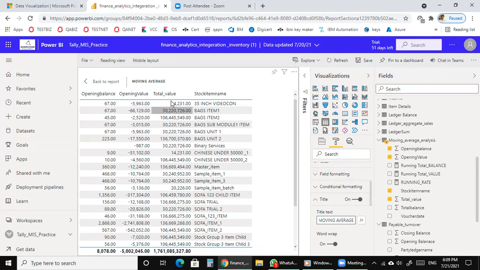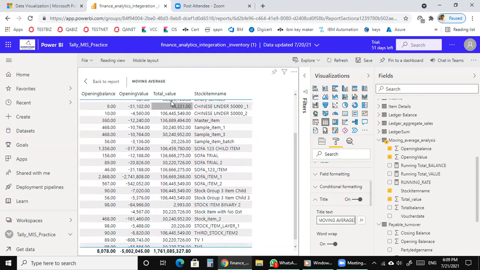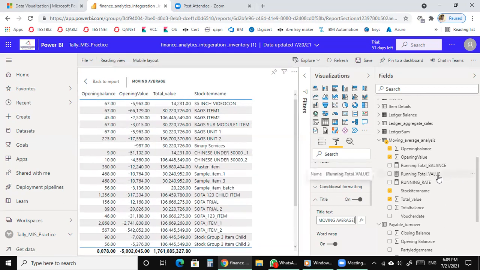You can see my screen. This is moving average analysis, sir. Fantastic, fantastic, Bhuvneshwari. And next you want to see batch allocation or GST, sir?